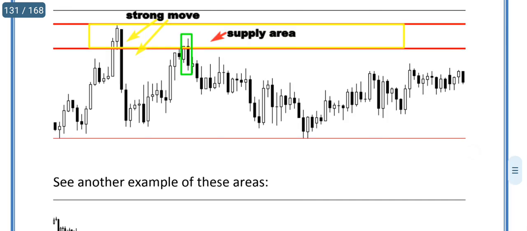Therefore, this is the illustration. So we are seeing our supply area. So the formation of an engulfing bar at that level was a clear indication that the banks and institutions were still there to sell the market, and at that point the candlestick that is being formed is what we call a bearish engulfing bar candlestick. Therefore,